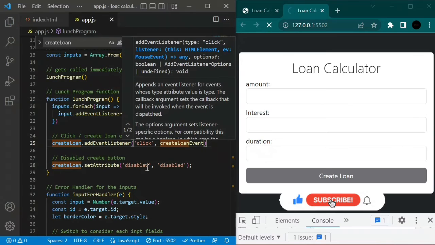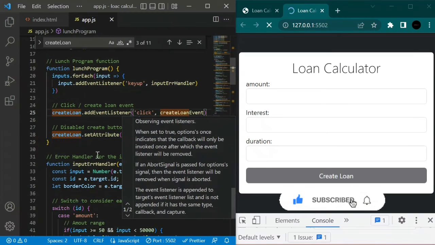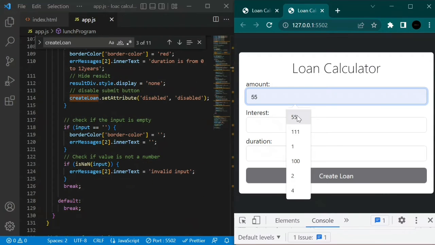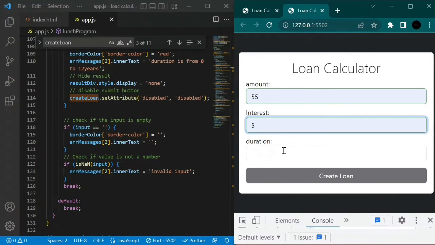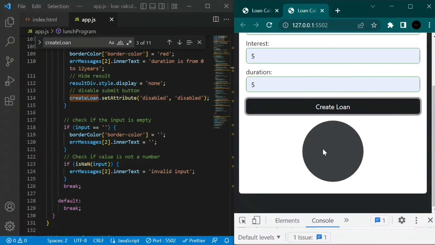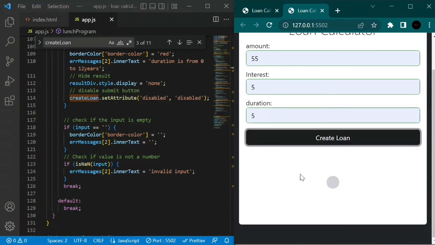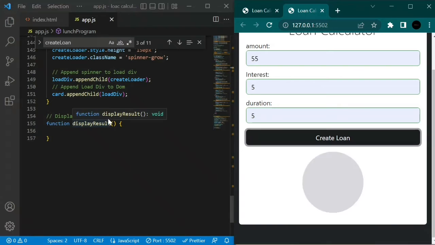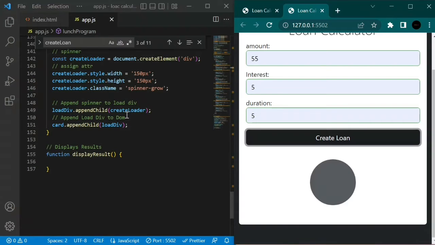Hopefully, if we come back here and enter in correct details, and the button is activated, and if we click on it, we see the wonderful spinner. But you have to notice it doesn't show the result. That's because we have to write another function which displays the result. And the way we do this is that here in the create loan event function, we are going to write in another